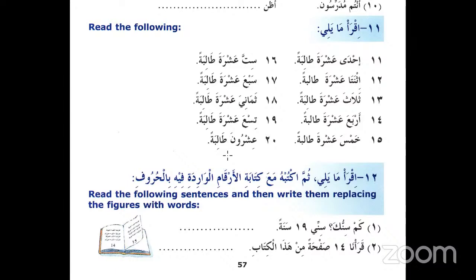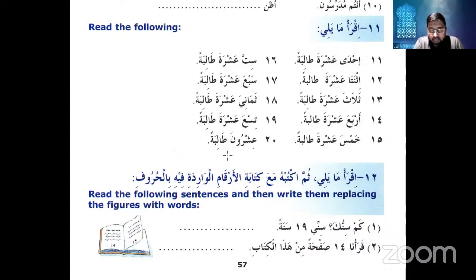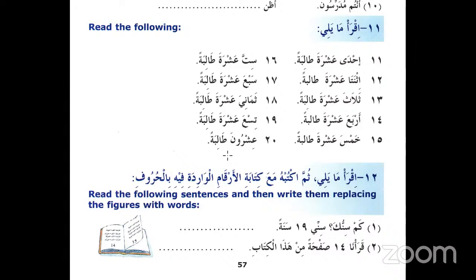The rules change from number 13 till 19, where the tens number will follow the gender of the ma'dud, but the unit number will be of the opposite gender. So thalatha is a masculine number, followed by the tens number, which will follow the feminine gender. So thalatha asharata talibatan. Arba'a similarly is a masculine number, followed by a tens which follows the feminine gender of the ma'dud. So arba'a ashrata talibatan. Similarly, number 15 will be khamsa, which is a masculine number. The tens will follow the feminine gender of the ma'dud. So khamsa ashrata